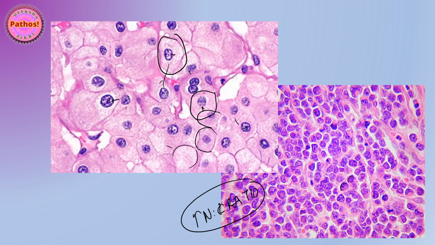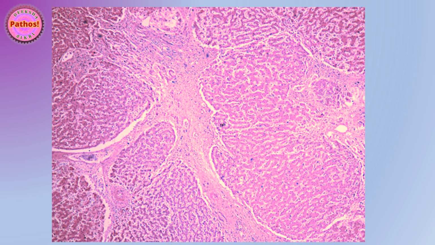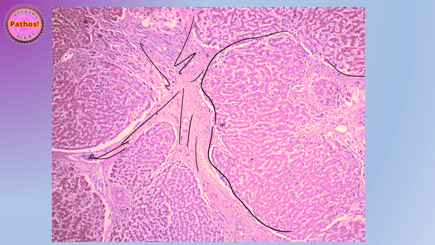abundant, right? Next, this is a liver biopsy from a patient, say, who is a long-standing alcoholic and is now grossly, the liver is showing nodules. So it's a cirrhosis case, and these are all hepatocytes. But here in between the hepatocytes, you can see bands, pink bands of fibrosis. So this is what you call